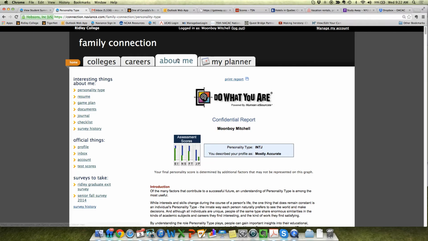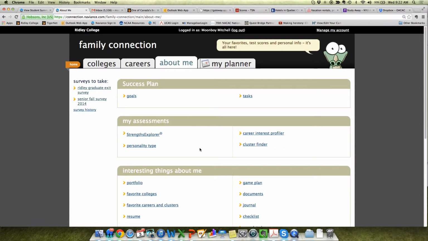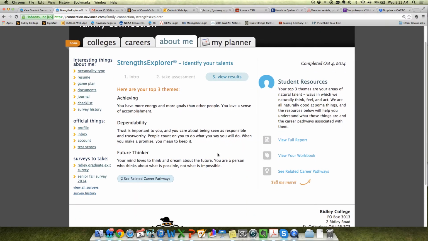I'll also mention that if you have time, take a look at the other results here from these assessments. The Strengths Explorer identifies 3 top themes about the student. These can help you think about how you would communicate with an individual student and talk to them on the basis of their strengths.